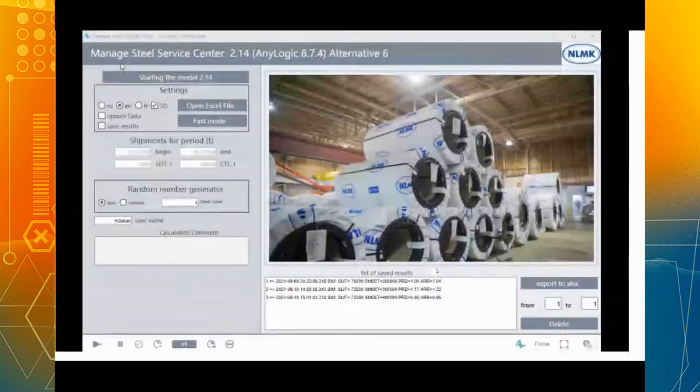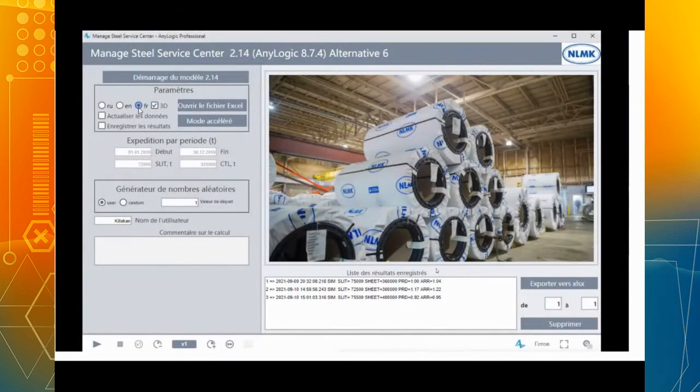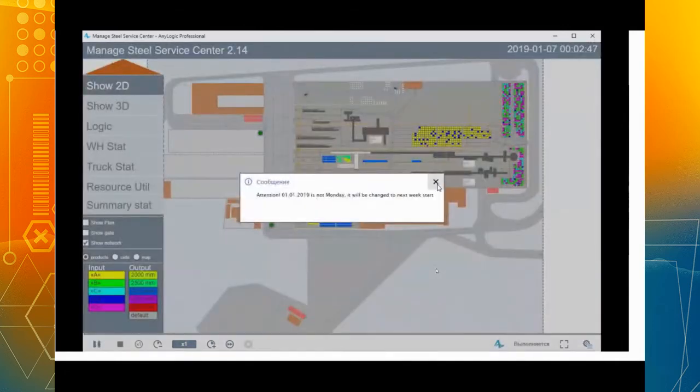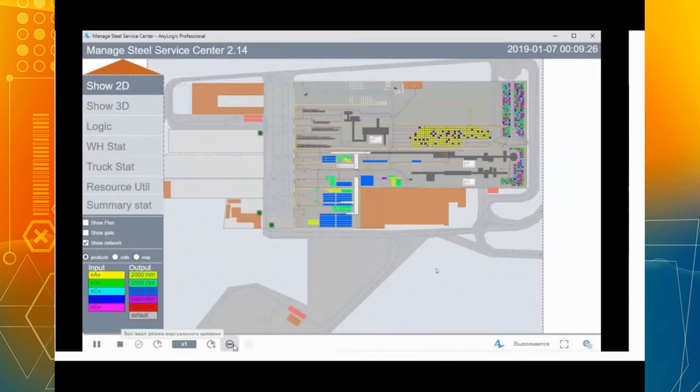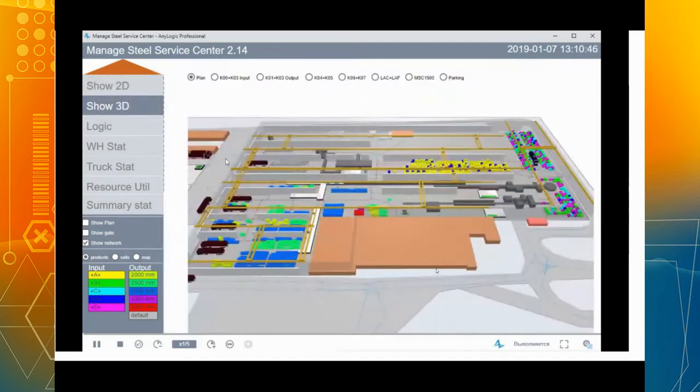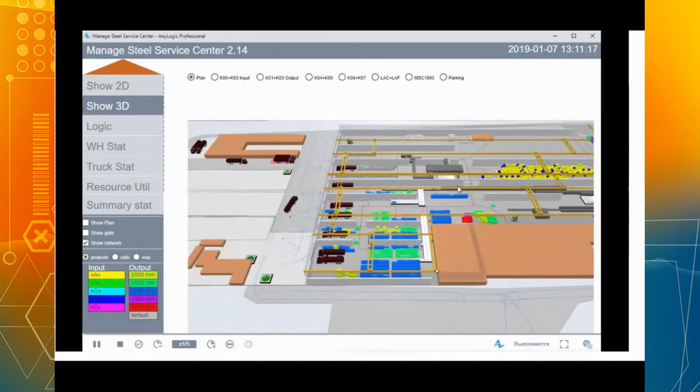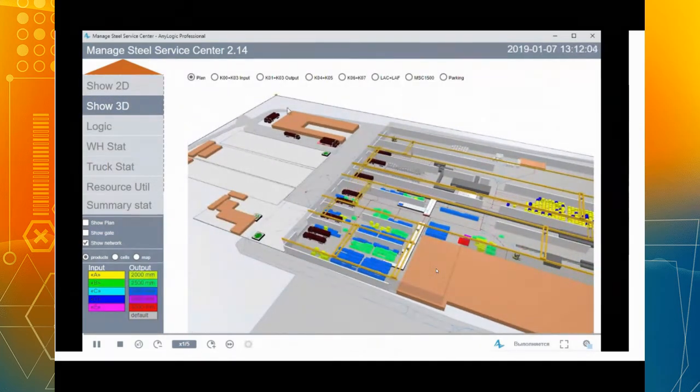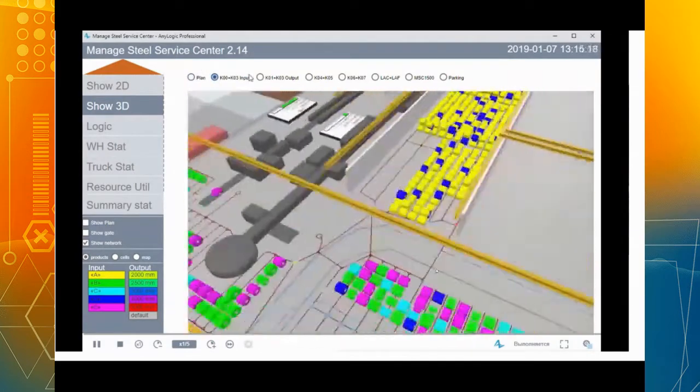Just a moment. The model has a multi-language interface, so we can switch on the fly from English to French, for example. Then we see the standard two-dimensional view just to take a view from its bird eye. Then a 3D set of three-dimensional preset views. Also, you can move the camera.